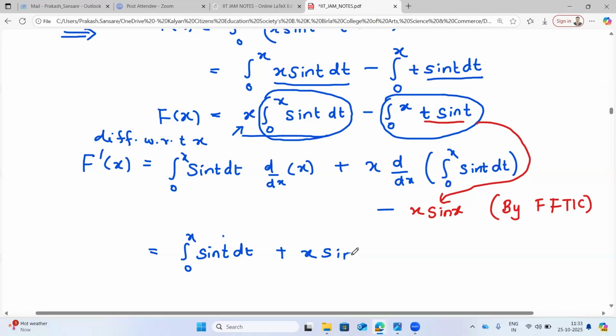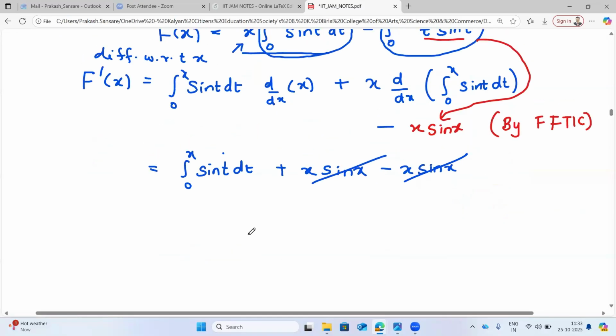It will be sin x minus x sin x. You could see that these two terms will get cancelled. So you will have f dash x is equal to